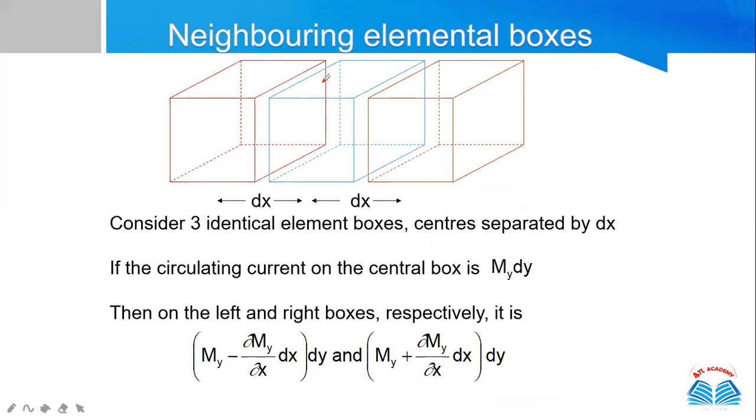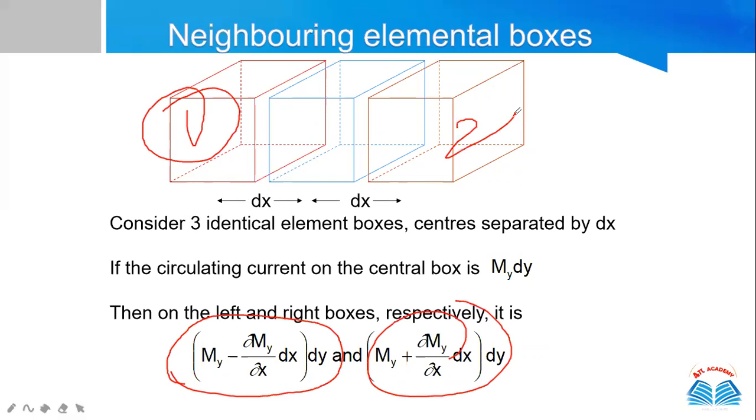My dy is generating over these surfaces of this blue box. So for the left one, if we are going towards the left, then we are covering this dx distance too, because this is the separation of those elementary boxes now. So we will consider this dx2. And what we will get is the total magnetization for this left box, and for the right one I will add them, just this different.